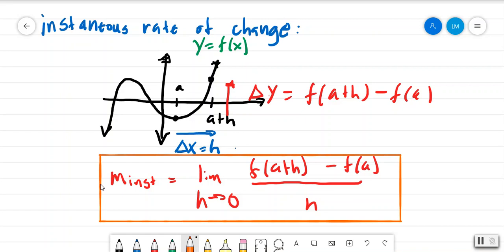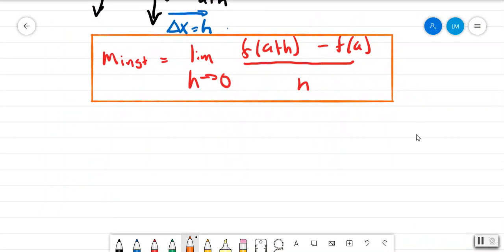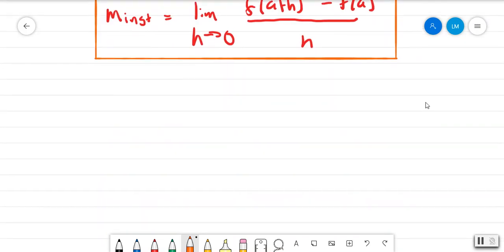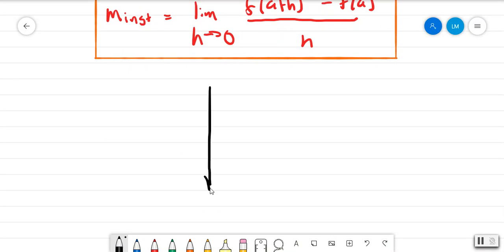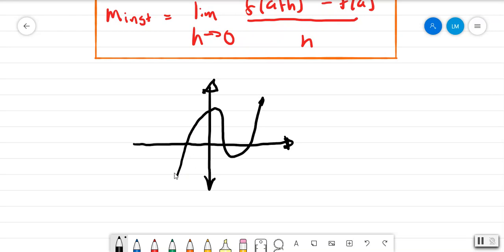So that's the formula for the instantaneous rate of change. But you also have an alternative. Let's say you wanted to use a simpler formula for finding the instantaneous rate of change. If you were to look at maybe a similar polynomial, it's all the same. So let's say that you're looking at this value,